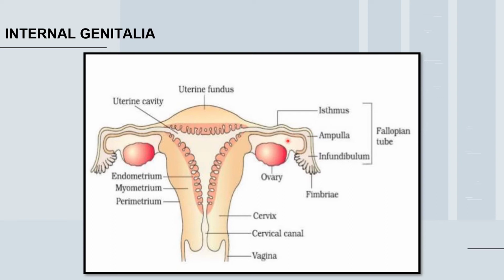The middle dilated part of the fallopian tube is called ampulla, and the third narrow part of the fallopian tube is called isthmus, which eventually opens up into the uterus. The fallopian tube is also known as uterine tube because it connects to the uterus, and it is called oviduct because it is connected to the ovary through one end. The fallopian tube is going to collect the ovum released by the ovary, and then it is going to be transported further into the uterus.